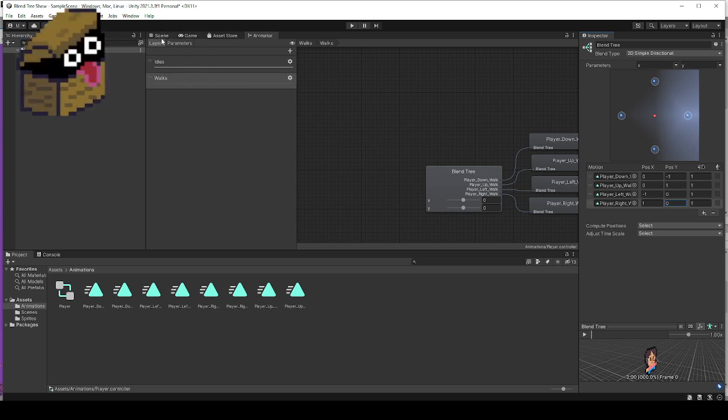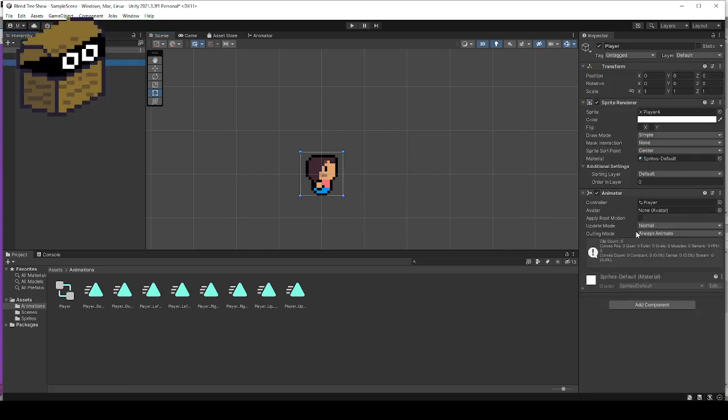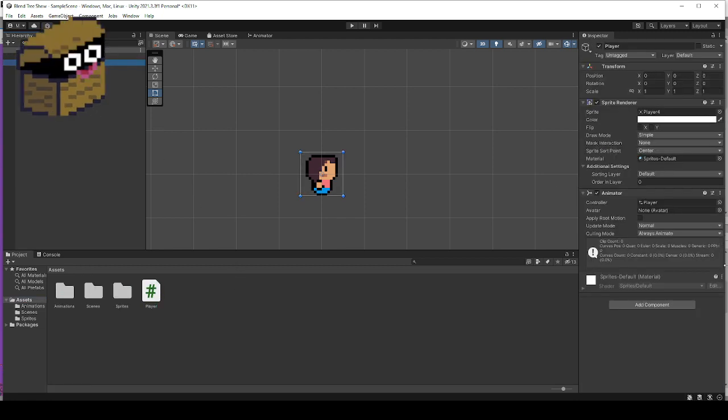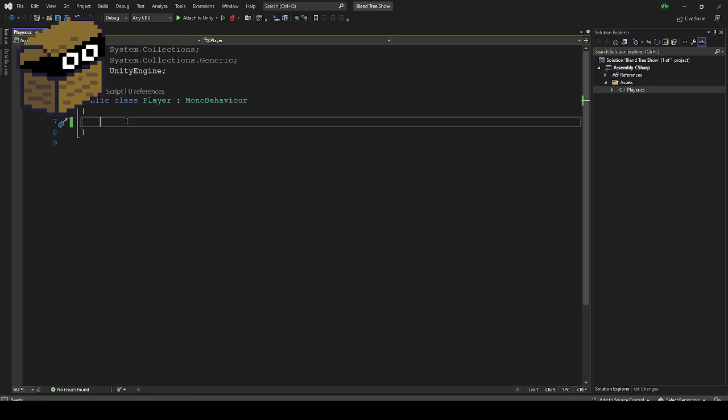Now let's do our scripting for this. I already did a little script here. I called it player. You can create your script and then just drag it into your player animator. Just drag it in, and then now we have it in here. So we'll start from scratch, right? We'll do this little player